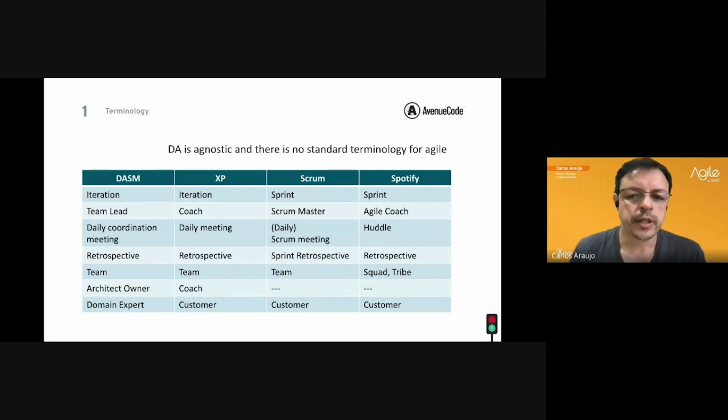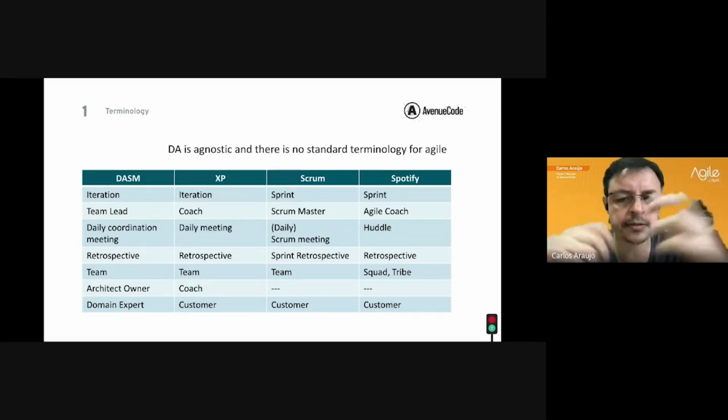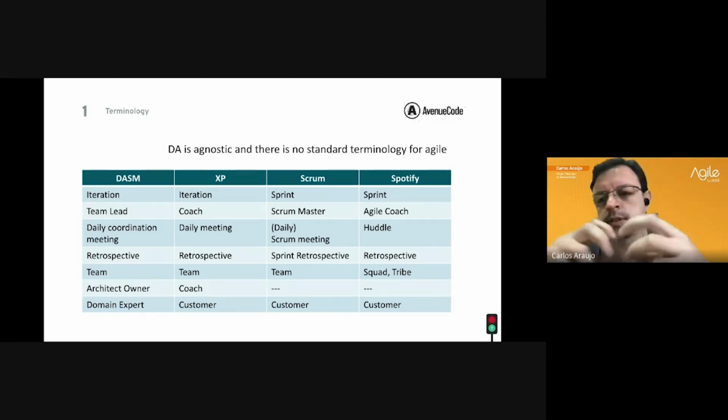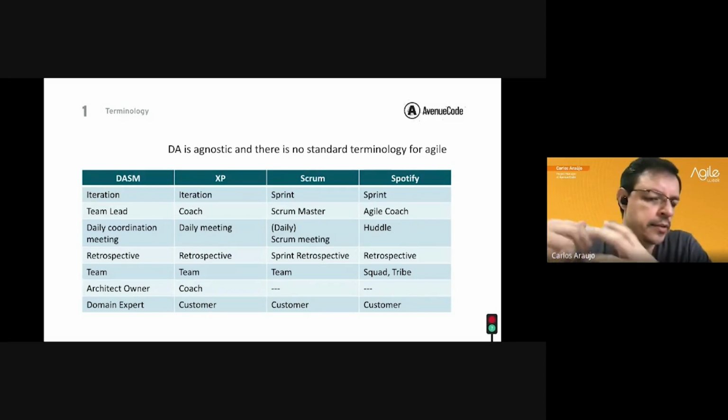One thing that is good here is to show in which sense DA is agnostic. We can look at the terminology. We can grab different types of agile methodologies and compare. For example, DA has iterations, as does XP; Scrum has sprints, Spotify has sprints. DA has the figure of a team lead, XP a coach, Scrum a Scrum Master, and Spotify an agile coach. We have the daily coordination meetings, XP daily meetings, the dailies for Scrum or Scrum meetings, and Spotify treats them as huddles, and so on. You can have the retrospective and everything, but there is something different that DA brings